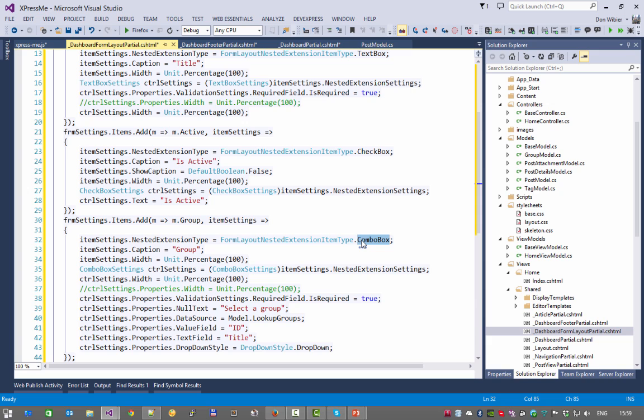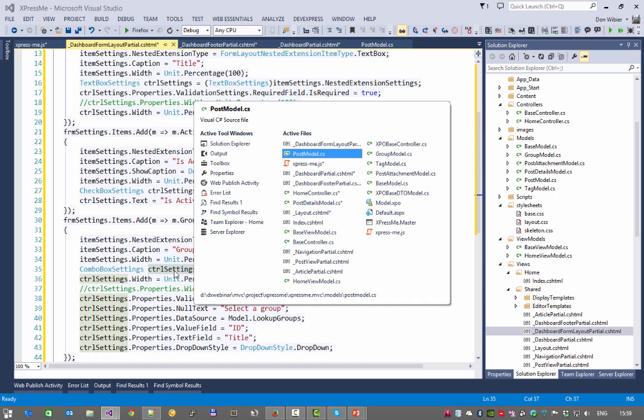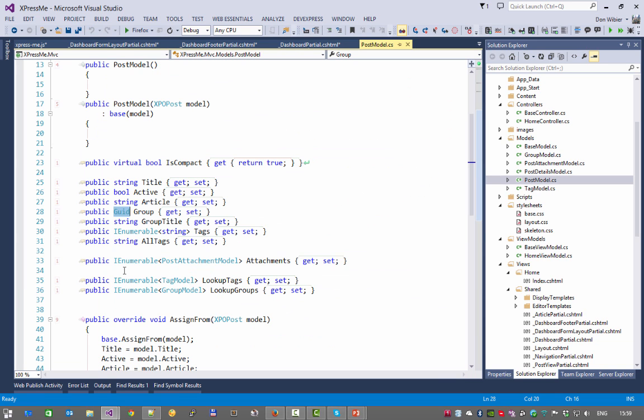Then there is another interesting thing, because I will specify the ComboBox settings. I will create a settings object, and I need to bind the drop down portion of this ComboBox to some list with all available groups. And that is another interesting part with MVC and the DevExpress MVC extensions, because if I switch back to the PostModel,